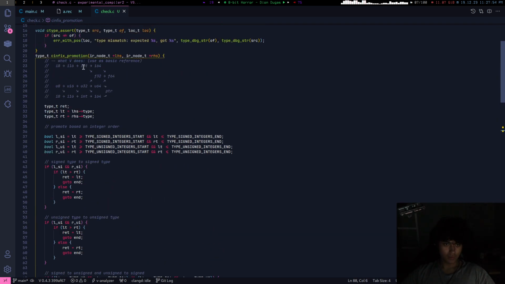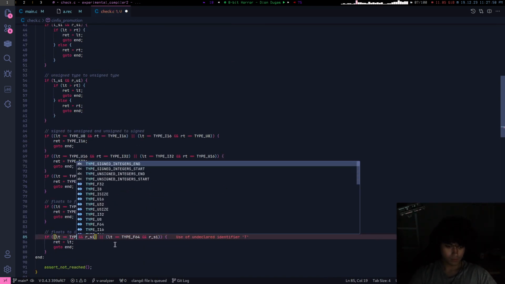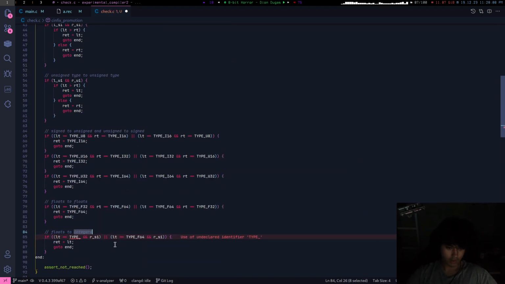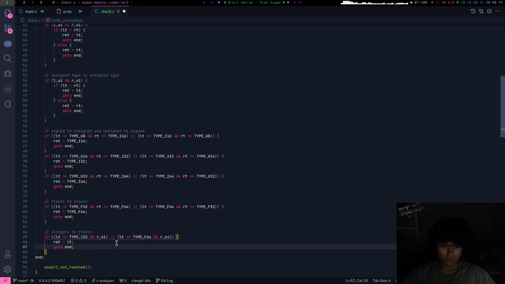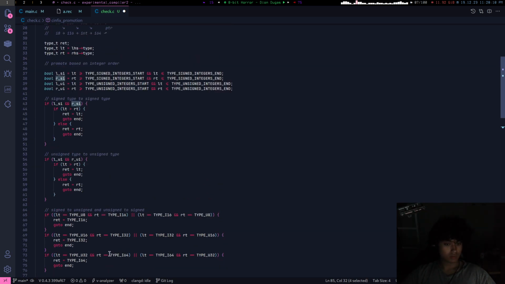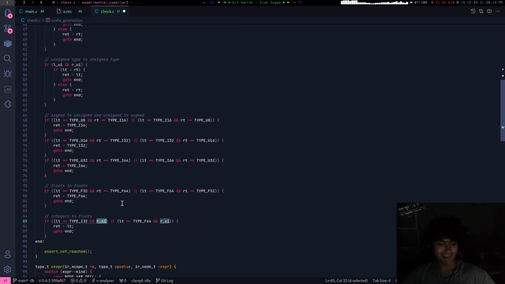So, okay, the first one is an I32 to F32. So integers to floats. I32. What? Oh yeah, you know what? Thank you. I was going to write one for one for one, but that makes sense. Left type is an I32.